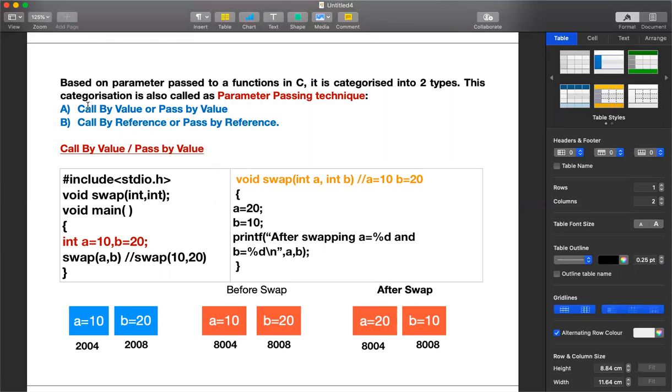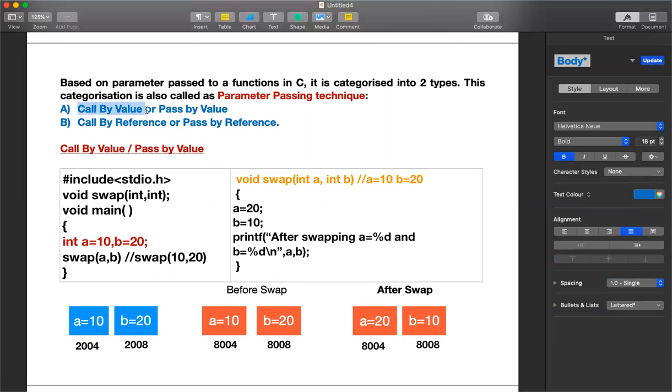The first technique we call call by value, and the other name for call by value is pass by value. The second one is call by reference, and the other name for call by reference is pass by reference. Now we are going to see an example of call by value, and we will see what exactly call by value is by demonstrating this example.